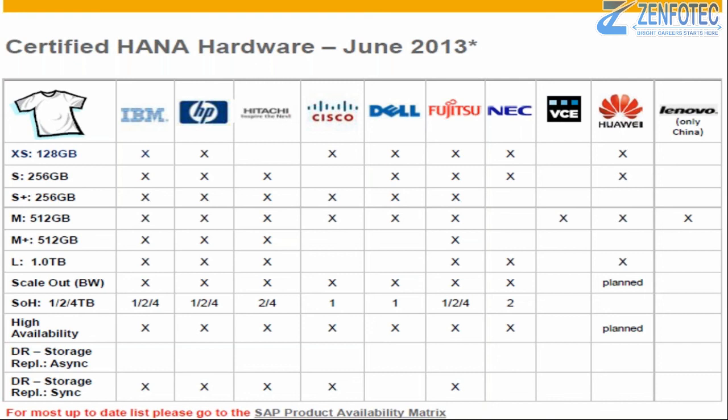You have to calculate the memory and the CPU, the same way we do for TDI. If you are installing VMs on the appliance, that is nothing but your TDI, because you are not installing your database directly on the appliance. You are not utilizing the complete 12 TB for one server, but for multiple VMs. In those, you have to do manual sizing for your disk, RAM, and the CPU.